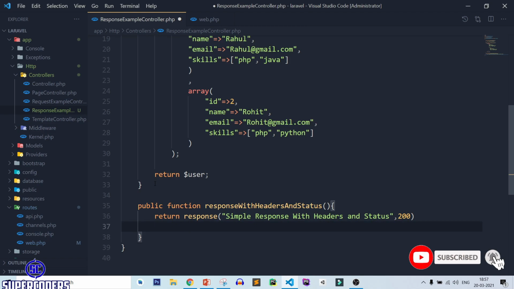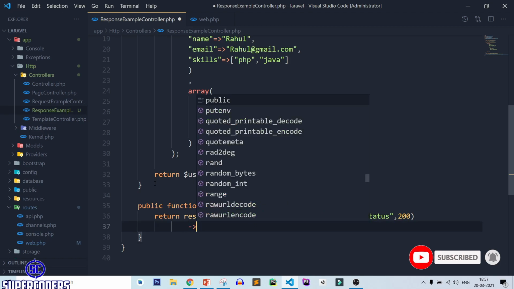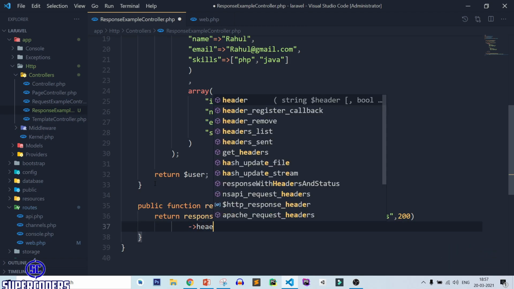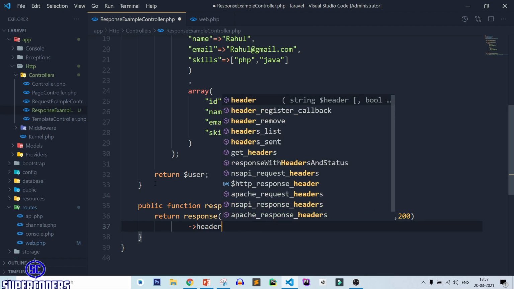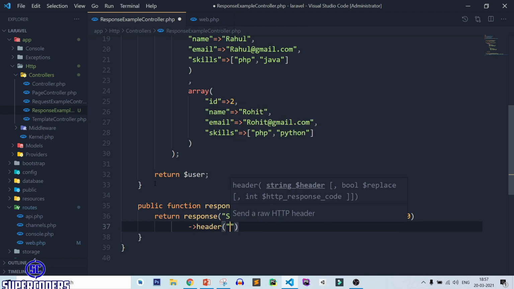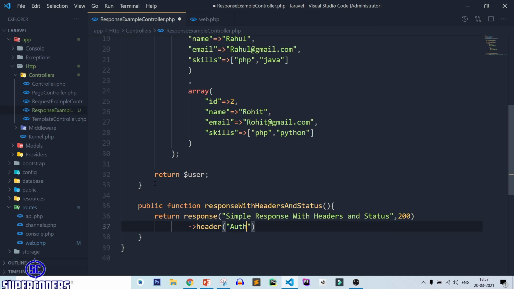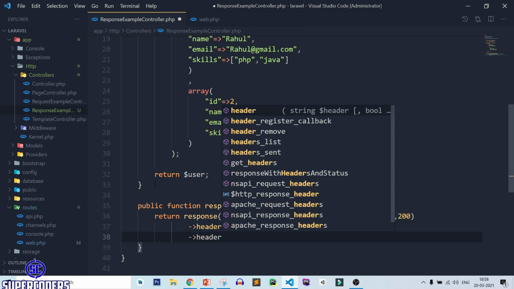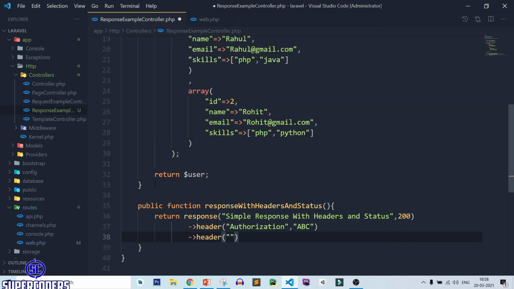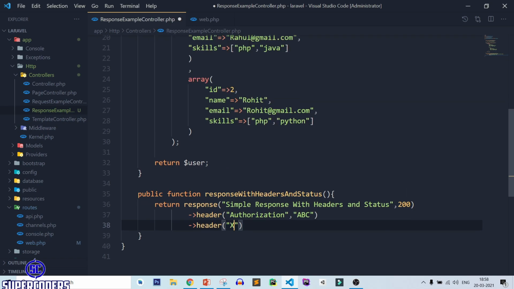After that, you have to add another method. So let's add some headers. Here I'm passing a header like Authorization ABC. You can add multiple headers, like header X-Auth supercoders.